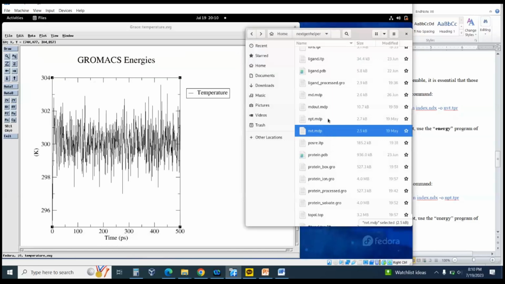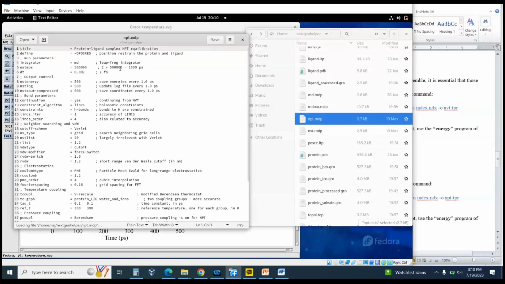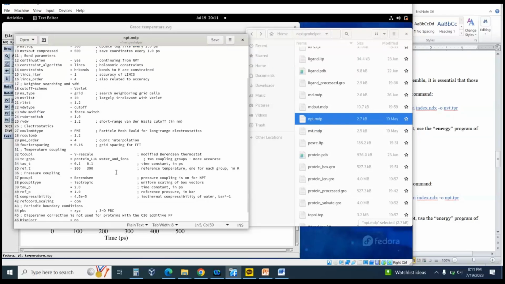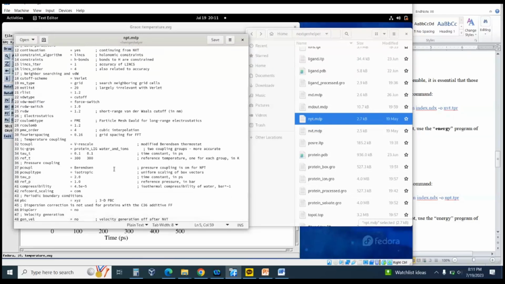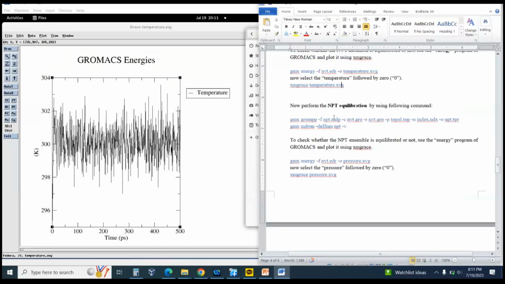And similarly for NPT, if you see, this one is for 1000, that is 50, 5 lakh. So this has been changed. And down there somewhere you need to check the groups for which the energies will be calculated. This is protein ligand, which comes from the index which we added, and water ions, which was a default group there, right? Right. And then you can proceed with,